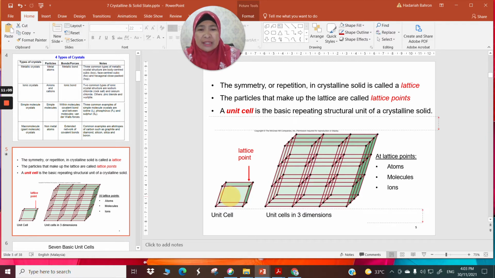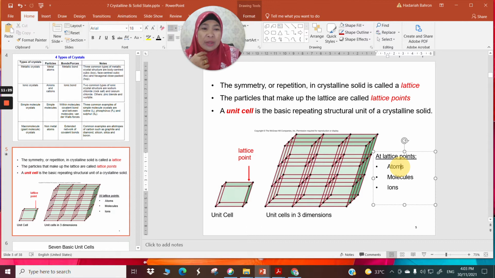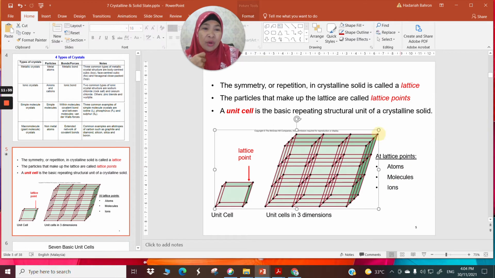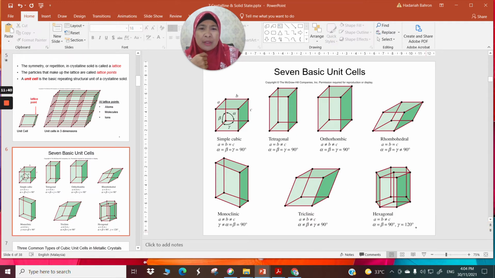And when you stack these cells up, remember crystals have patterns repeating in three dimensions. So when these are repeated in a regular, three-dimensional pattern, you are going to get a lattice, which has lattice points, where the lattice points can be atoms, metals, or molecules, or ions. So the particles are located on the lattice points. So we'll go through a few